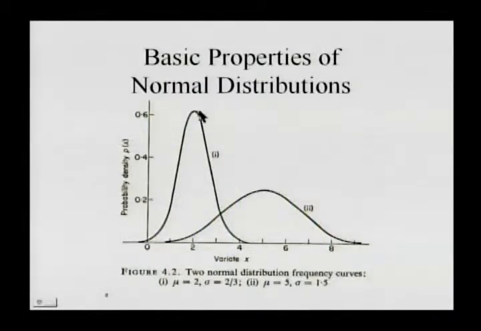And here we see 2 distributions with their means, so 2 normal distribution frequency curves. The first one, mu is 2, and the standard deviation is 2/3, or 0.67 basically, and population 2 is a mu of 5 with 1.5 as the sigma, the standard deviation. So we